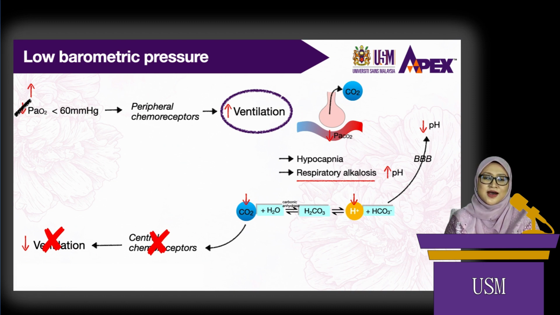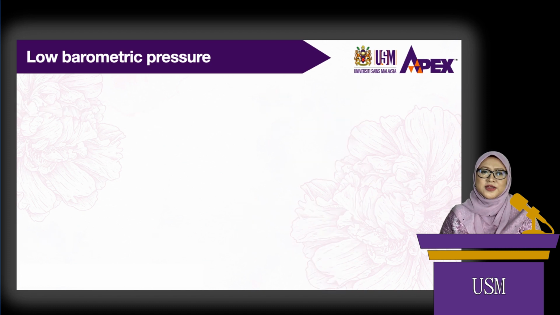Over a few days at high altitude, there is increased excretion of hydrogen ion and bicarbonate ions by the kidney in the urine. So, the pH normalizes. The excretion of bicarbonate resolves the respiratory alkalosis. But the respiratory alkalosis only resolves after about a week at high altitude. Before it resolves,